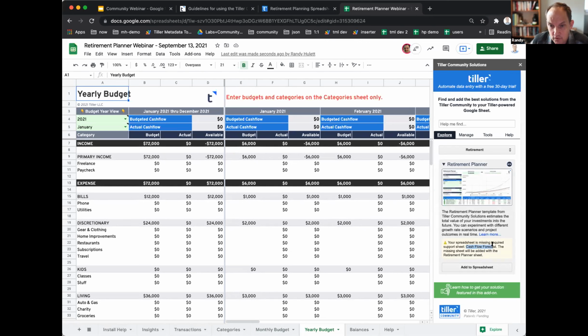There's a cash flow forecast sheet that it's also going to install. There are some of the templates that are available within this tool that require sheets that you might not already have, and one of the nice features of this install workflow is that we'll add the sheets that are needed to get all the way up to a fully functional solution. So I'm going to press Add to Spreadsheet,